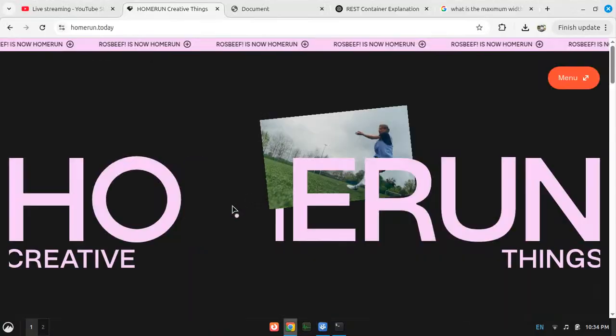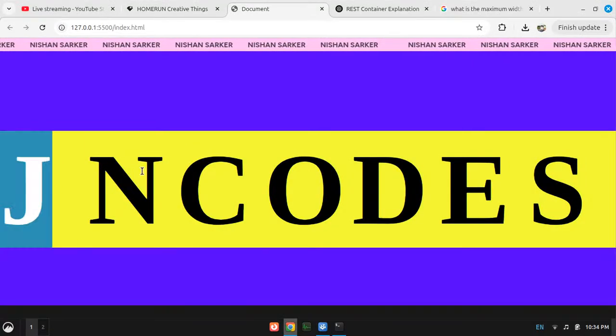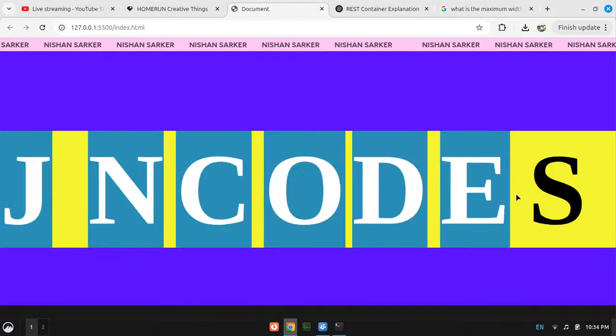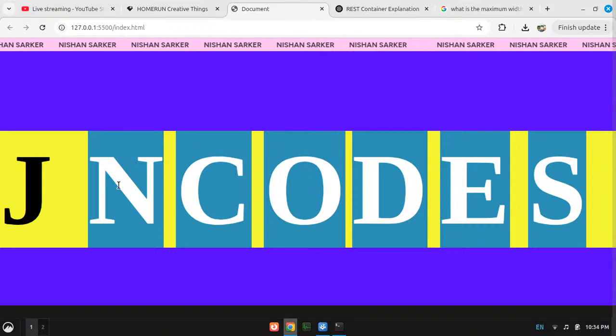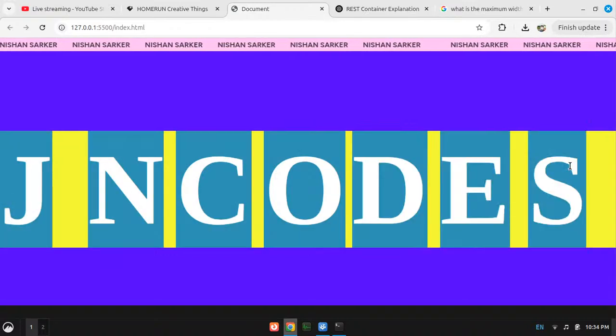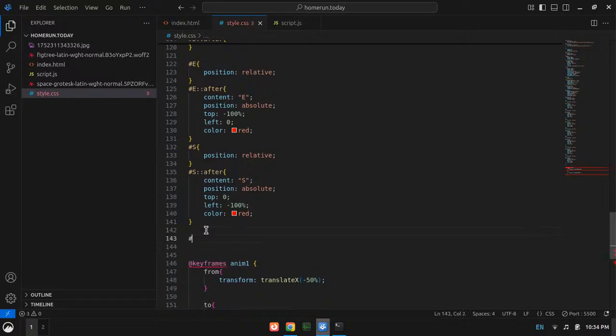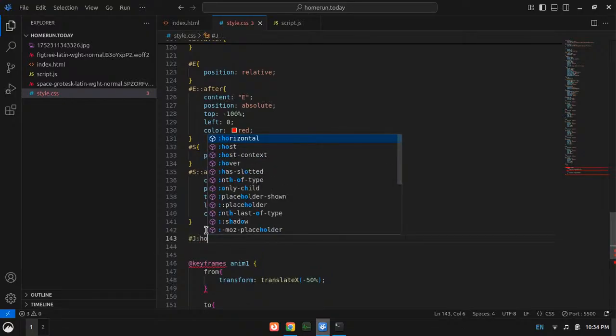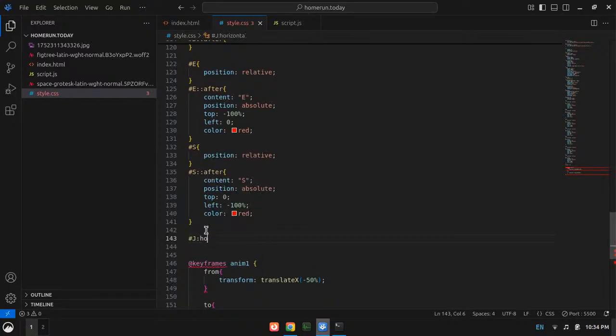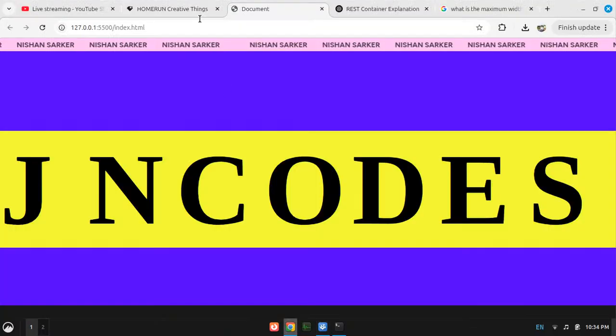And it's all set. Now what we need to do is, whenever we hover on these things, let's say for J, when I hover over it, where should it be going?